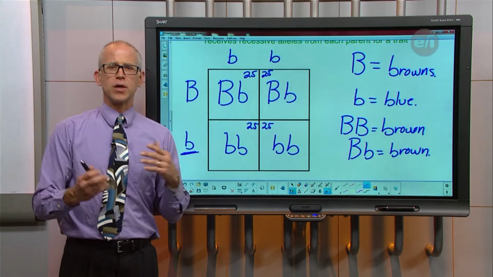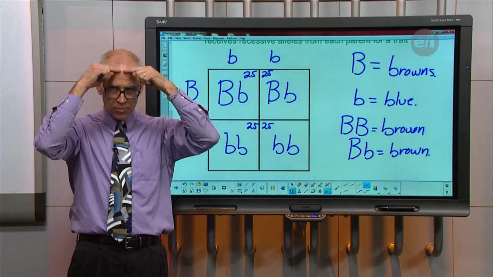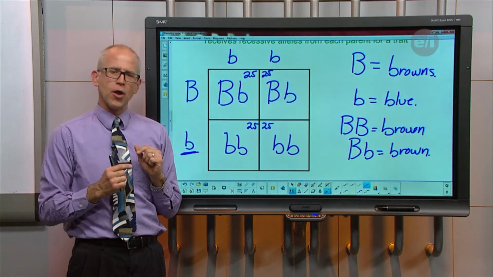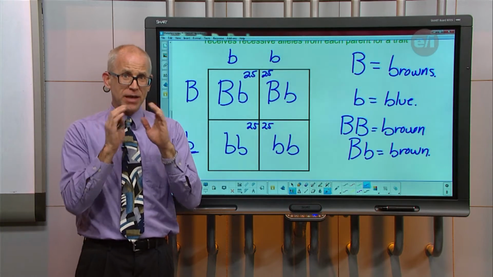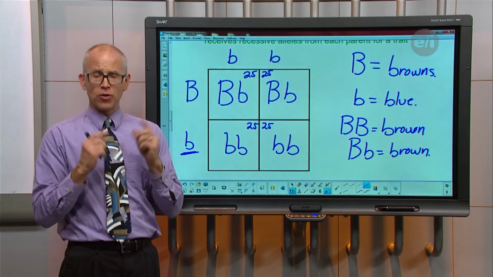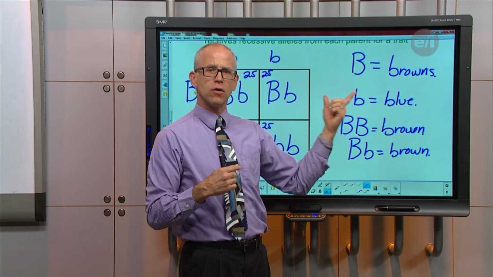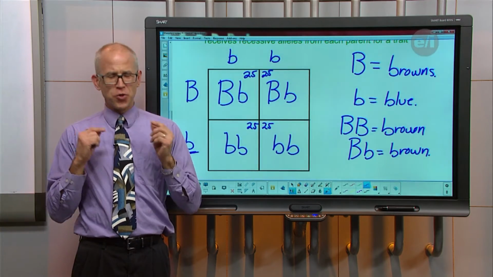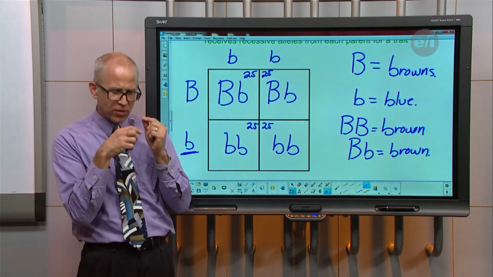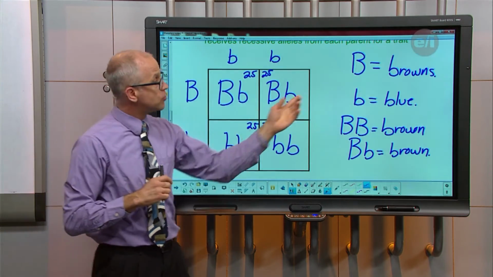This is really cool because there are other traits that you can look at yourself. There's a widow's peak, where your hair comes into the middle of your forehead. Another one is if you can roll your tongue, where you take your tongue and make a curve. If you can do that, that's a dominant trait. That means you got a dominant allele for that trait from your parents. If you can't do this, there's no training in the world, no practicing, no putting a pencil in your mouth, that is ever going to get you to do that, because you don't have the gene for it.